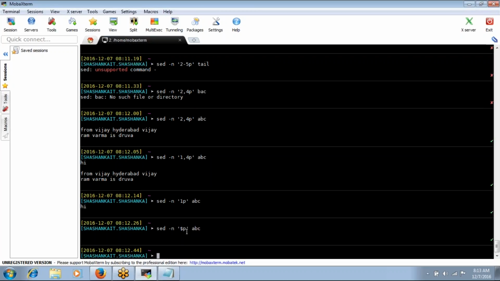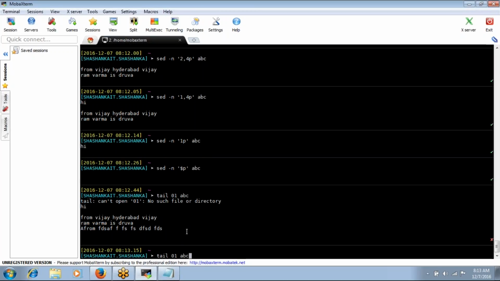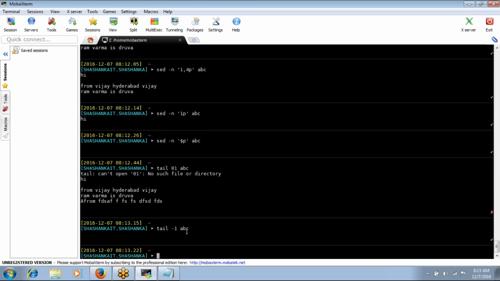You can do the same thing by using other commands also. If we want to print the last line, we can just print it with tail -1 and the file name ABC. It will give the last line. So we can do the same with head and tail also, with no need to use the sed -n option to print the lines. But here we have another option, the d command.